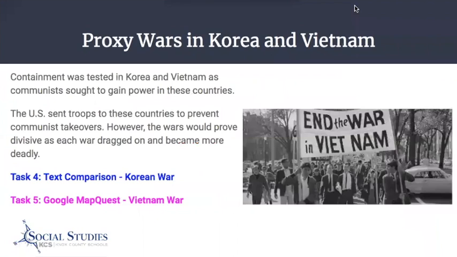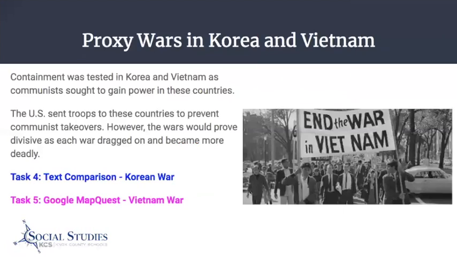So after you explore the impact at home, you will move on to exploring the 2 proxy wars. So even though there wasn't a major large-scale conflict, there will be several hotspots throughout, and 2 of them will be Korea and Vietnam. And both of these are going to be aimed at testing containment. So communism is going to attempt to spread into Korea and Vietnam, and the United States is going to send troops in order to prevent communist takeovers. And even though America was